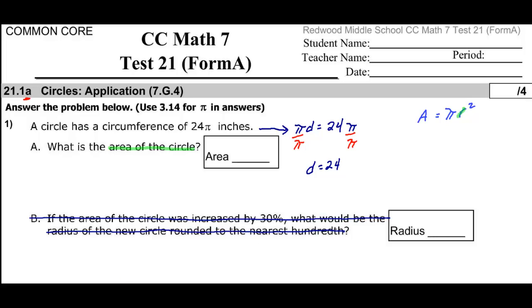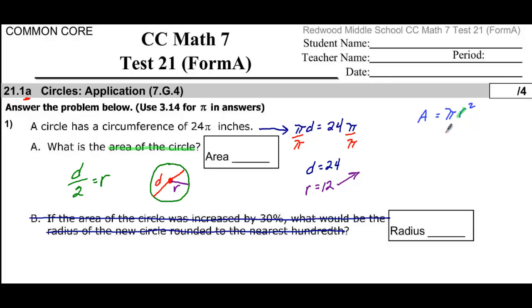Now, we know from previous that a diameter divided by 2 equals a radius. When you have a circle, a diameter goes all the way from one side to the other through the center, whereas a radius is half of that. So if a diameter equals 24, then the radius equals 12, and we're going to bring that information